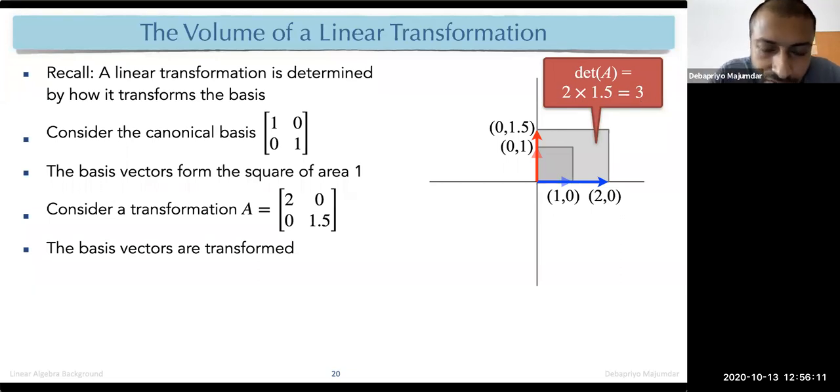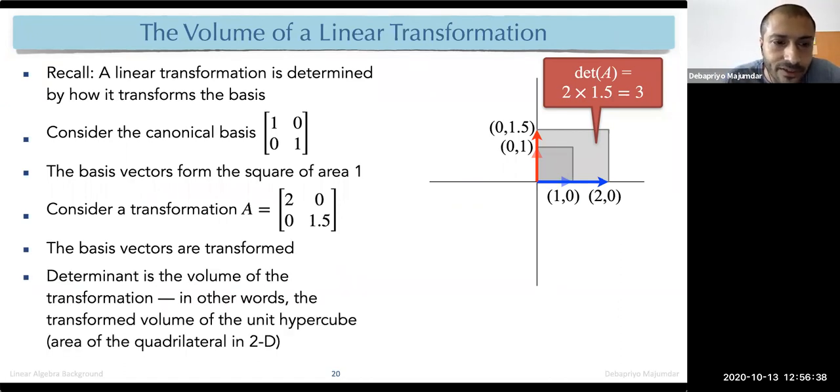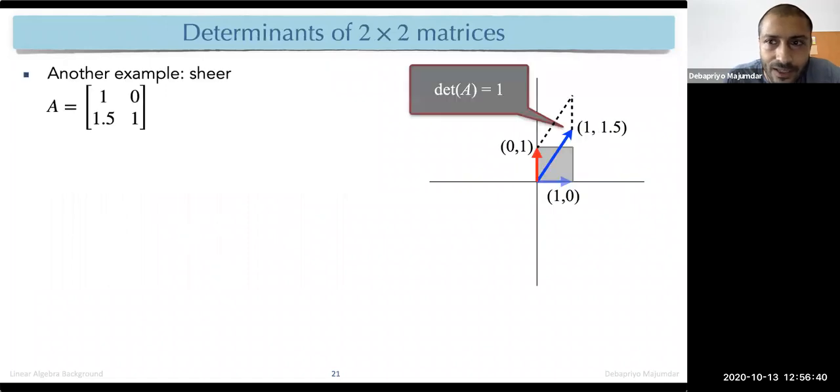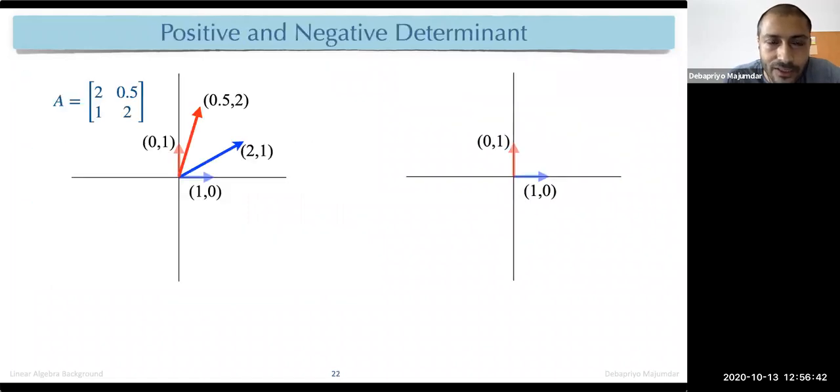So what is the determinant of a matrix? If you use the matrix as a linear transformation, how do you change the area of the unit square, or cube, or unit volume? In higher dimensions, you can see unit volume. How does unit volume change to a larger volume as you transform with this matrix? That is the determinant. I'll not go into the detail, you can read up.